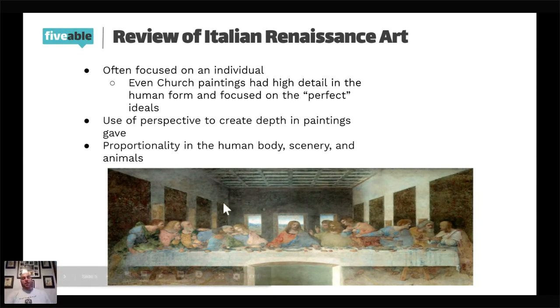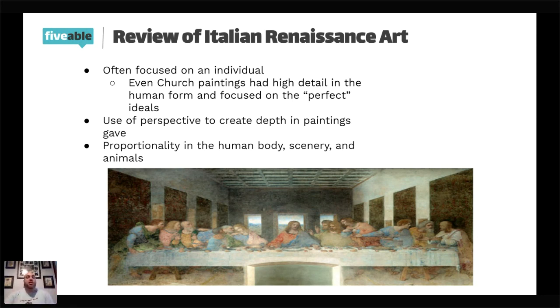With this picture right here, your eyes should automatically be drawn to Christ in the center. And that is because of the perspective of depth in the painting, as well as the placement of the bodies of the apostles in the foreground. This gives it a whole new mode of understanding that we would not have had in medieval art. Because in medieval art, everybody would have looked like they were just on top of each other, because there was no depth perception, no placement in foreground, midground, and background.